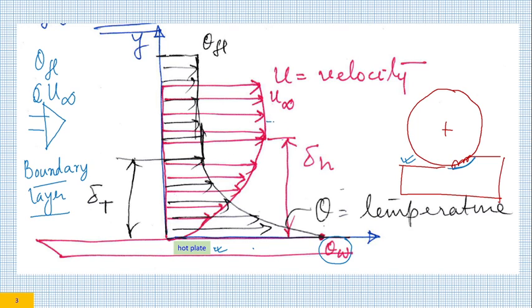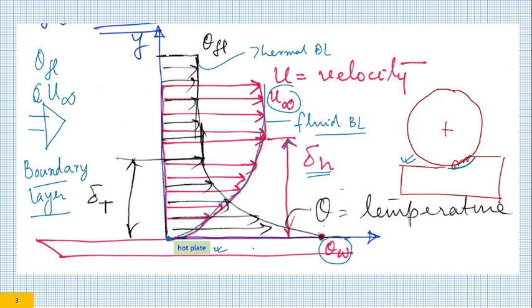And thus, this is the fluid boundary layer. This is the way it will develop, and the black one is the temperature or thermal boundary layer. So at the interface, your fluid velocity would be 0 and gradually it would increase and approach u infinity. And where it becomes almost equal to u infinity, 99%, we call that thickness the hydrodynamic boundary layer thickness.